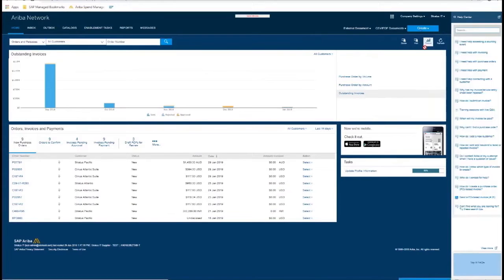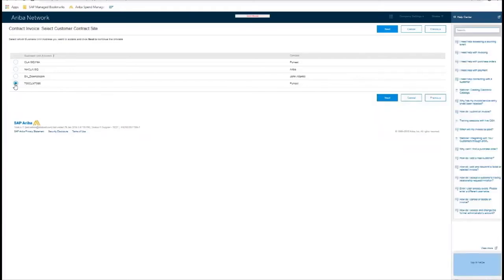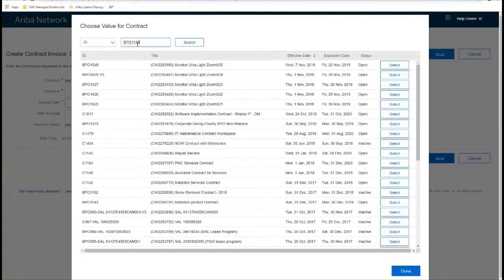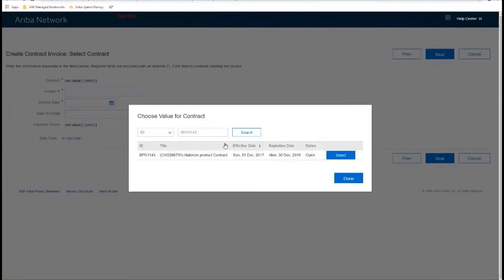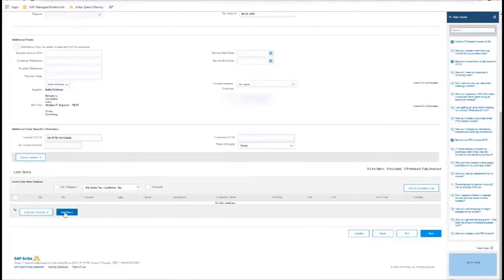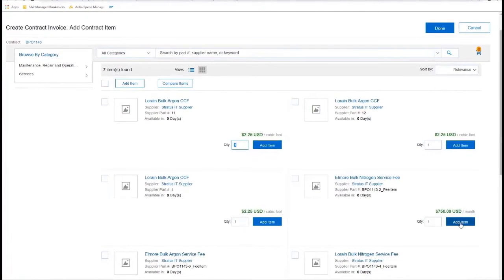So when you don't do it as a BPO, they have to punch into your site and actually pull this up. But if you do it as a BPO, they have the option of punching into your site, looking for this BPO, selecting it, creating the invoice number, all the things that you would expect them to do here. And so when they go to add items, very similar to the last demo,